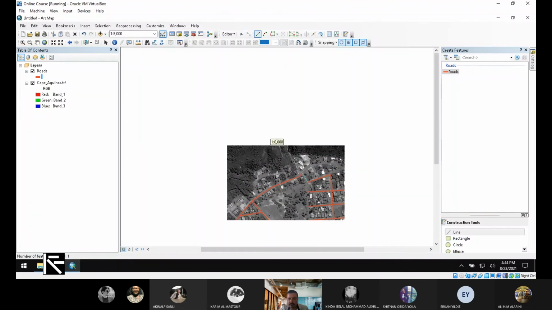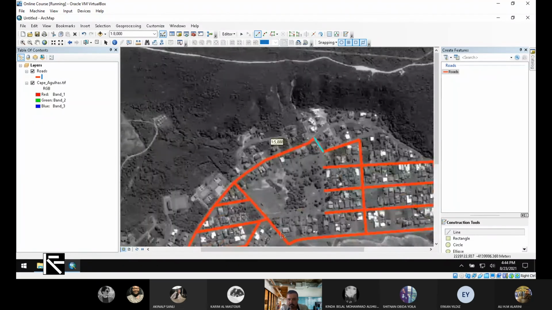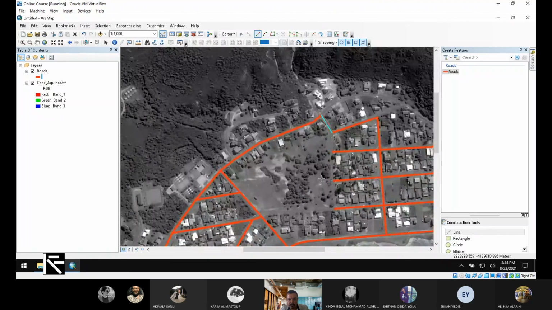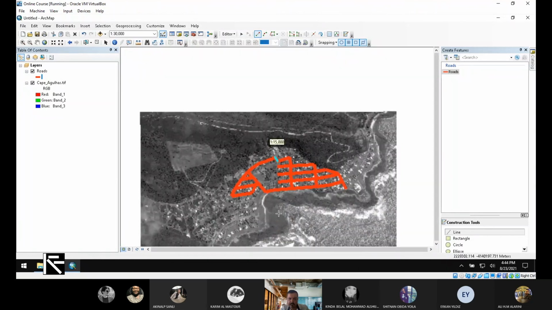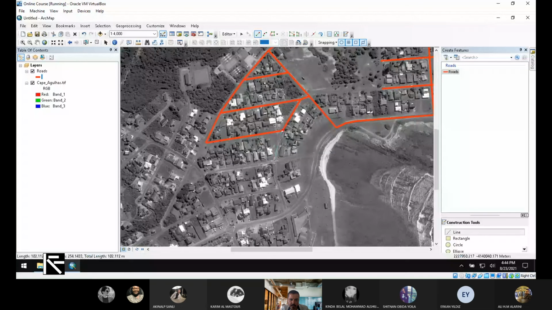So I'm almost trying to connect my roads network together. I just drew almost half of the roads for this neighborhood in Cape of Agulhas. I'm going to add a few more to make it more meaningful. And